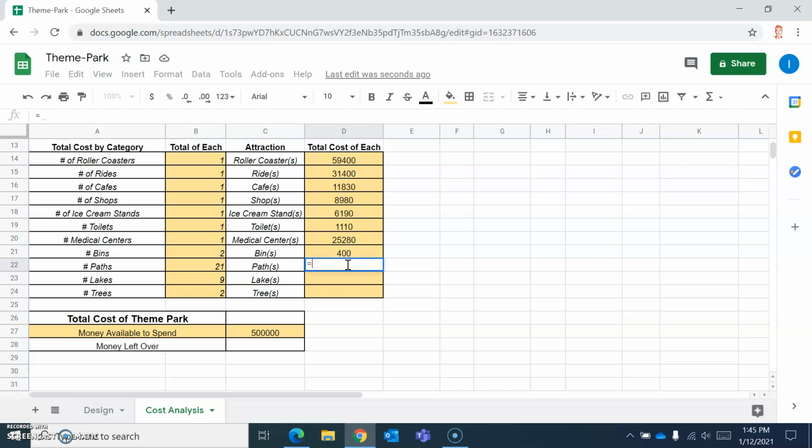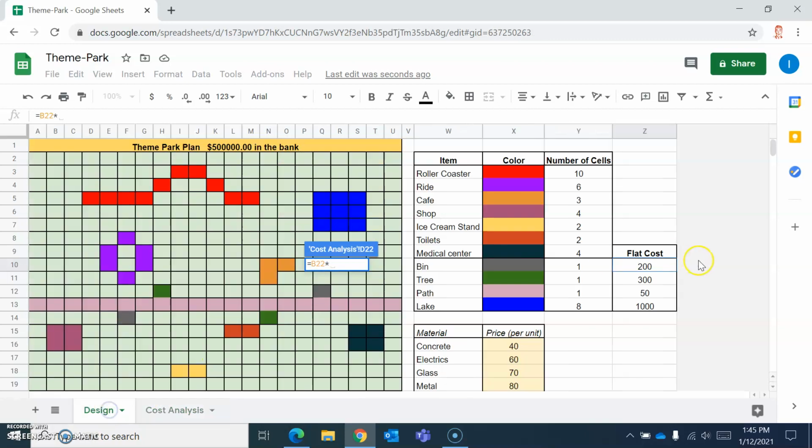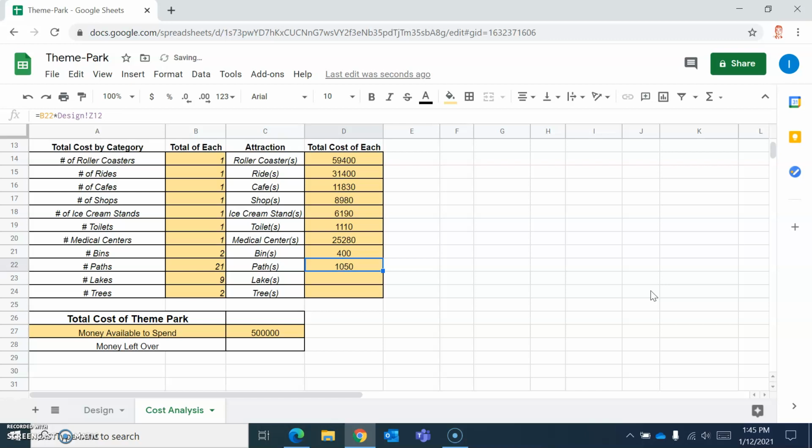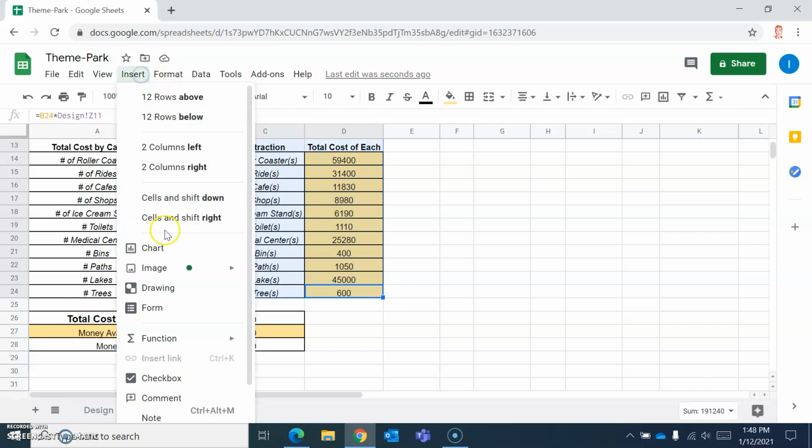Same with paths. We're going to say equals B22 times, go to our first sheet. You can see our path is here at 50, enter, and now it's 1,050. I'm going to go ahead and pause and finish the last two. So we're back. What we've done is the total cost of each. For the total cost of the theme park, we've summed all of this. And then to get the money left over, what we've done is C27 minus C26. And then to get our pie chart, we want to highlight this, insert chart,